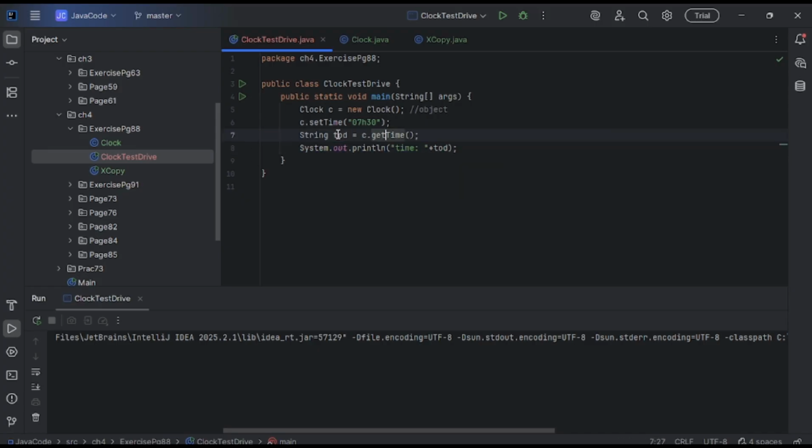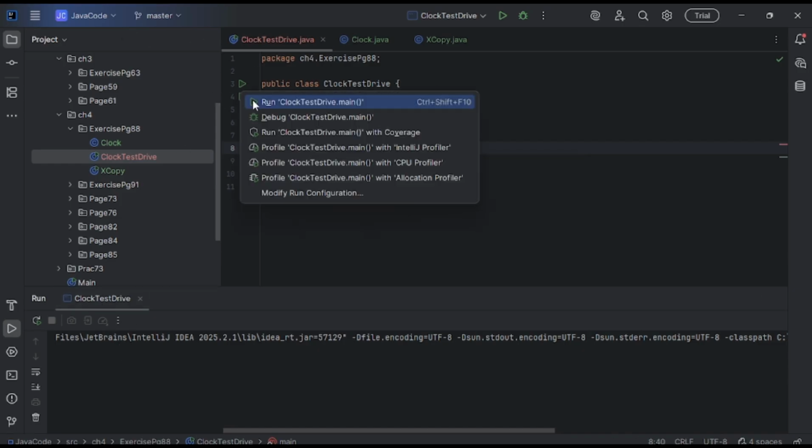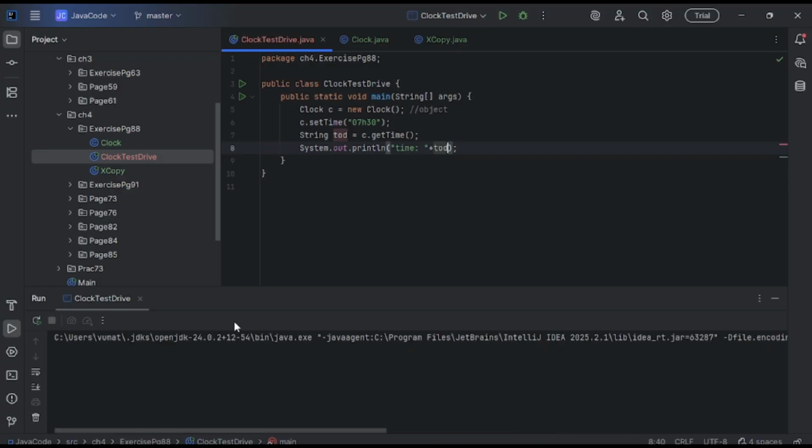Because I got the time and I saved it into this variable, I can use System.out.println to print the time, by passing that variable here, this string. And when I do that, I then get the time